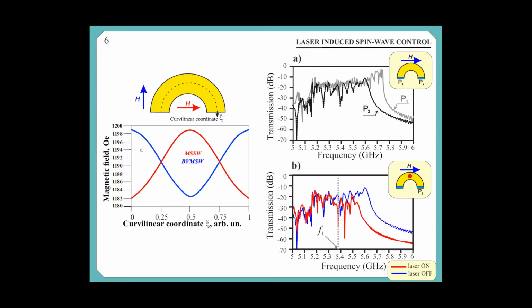In the case where we applied an external magnetic field for the effective excitation of magnetostatic surface spin wave and backward volume magnetostatic spin wave, it can be seen that the distribution of the internal magnetic field is inhomogeneous. On the right side of the slide, we show the amplitude frequency response